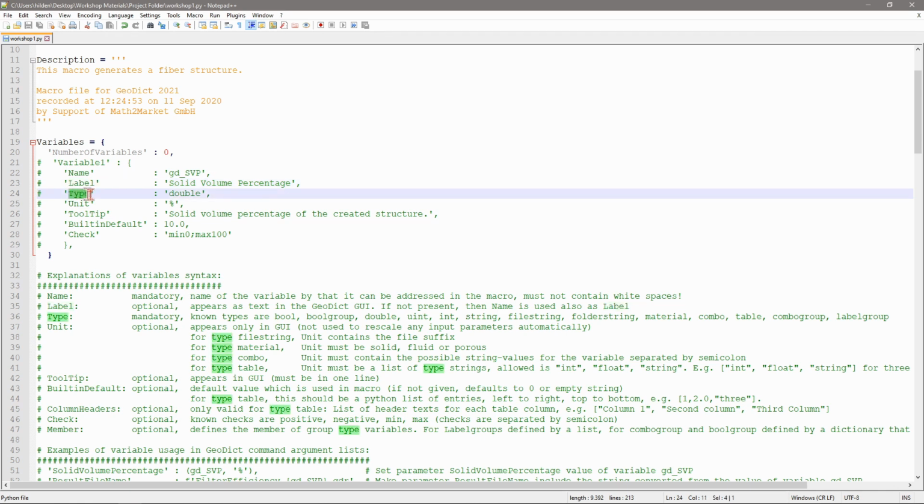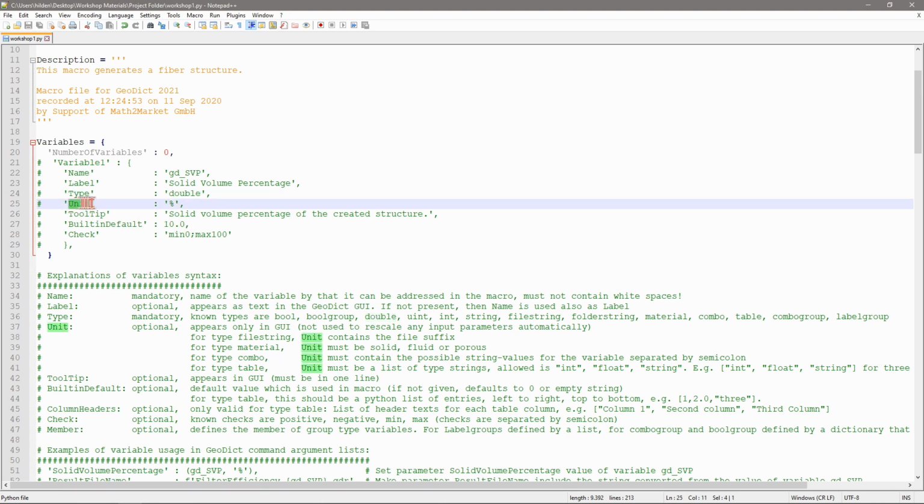a type, so it could be double, which would be a floating point, or it could be an integer, or also a string. So the unit in this case would be percent, because it's the solid volume percentage.